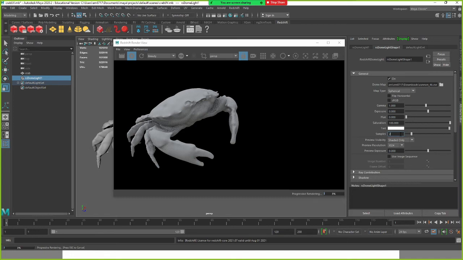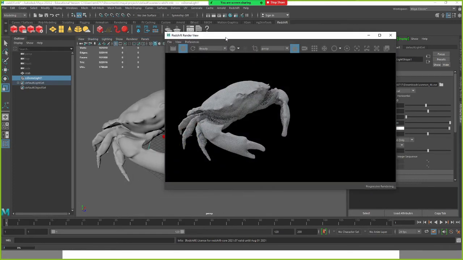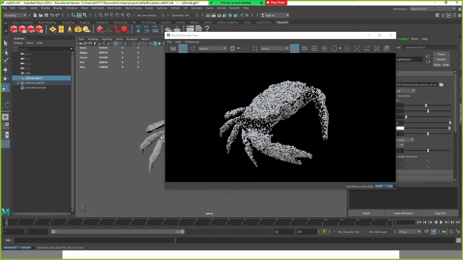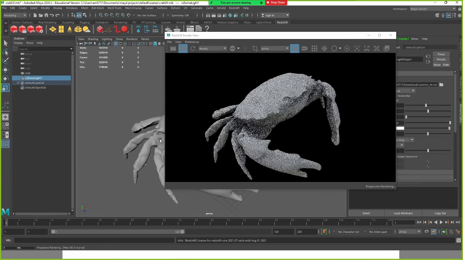I can say 256 samples. It doesn't show here in the progressive rendering, but when I press render, it makes a nicer, less noisy render. So I go with the IPR again. Okay, so we have an HDR light set up already. I can pause this